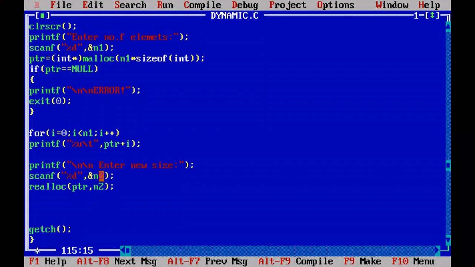So for 3 more integer elements, each element will take 2 bytes. So 3 multiplied by 2, 6 bytes of additional memory is created and added to the already existing 10 bytes of memory.